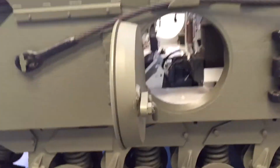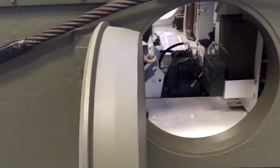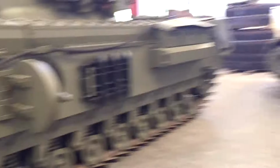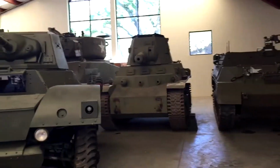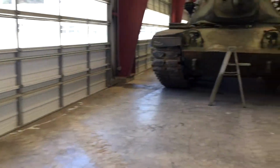It's a very thick side hatch. So one, it'll probably be a pain to open, and two, it definitely will provide protection at the very least. I will go over these again. Jumbo, something, the Hellcat troop carrier. Now let's move on to